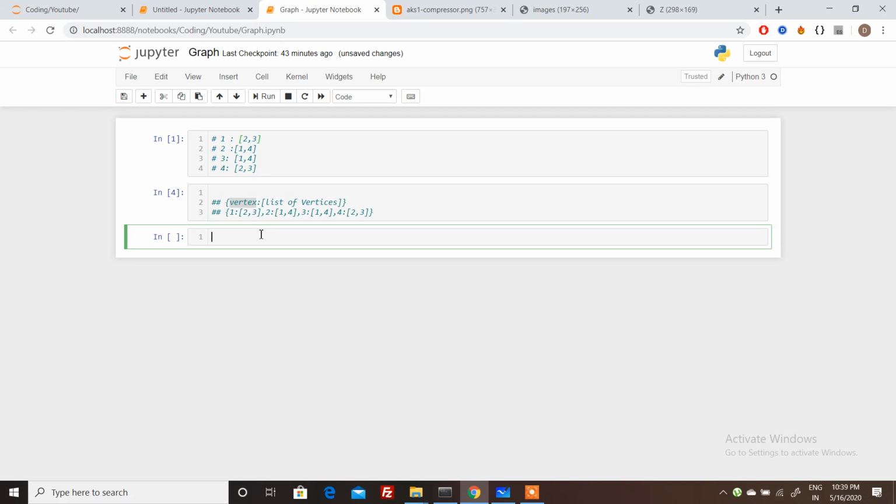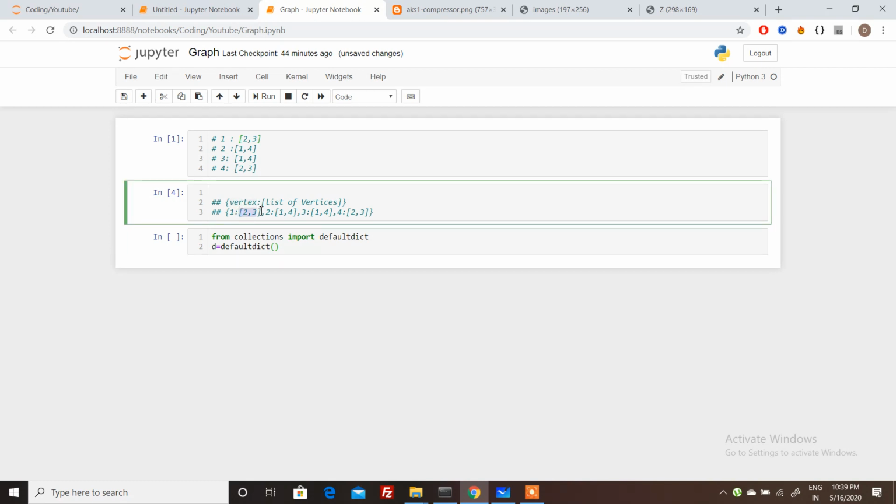Let's get an overview of how defaultdict works. Here the data type of our value is list, so we can pass list here. What if the data type is integer? Then we can pass int here.